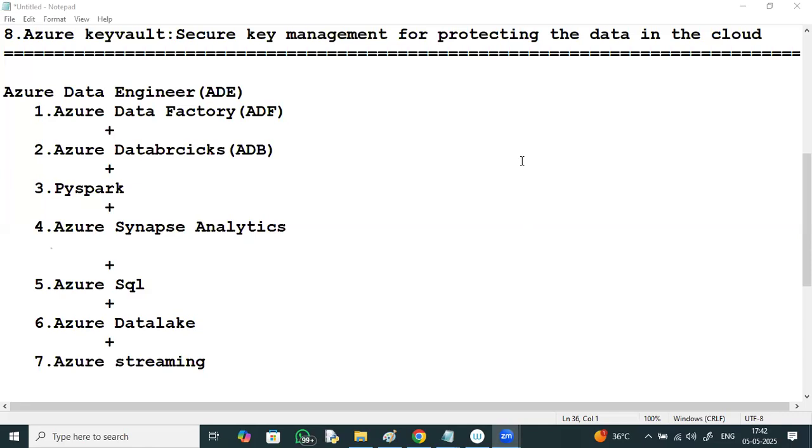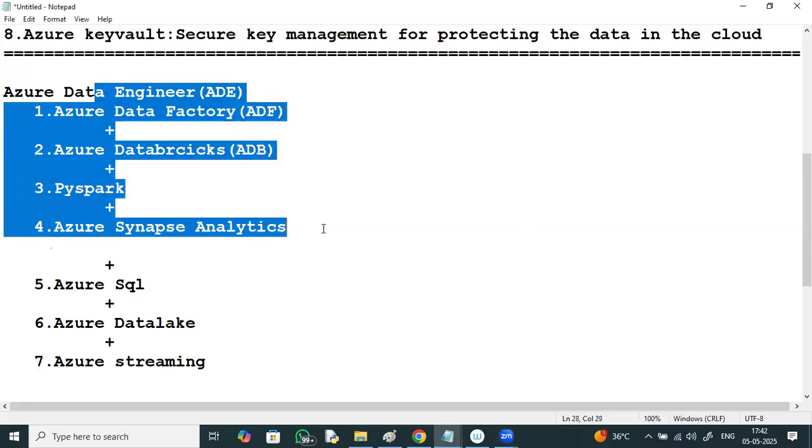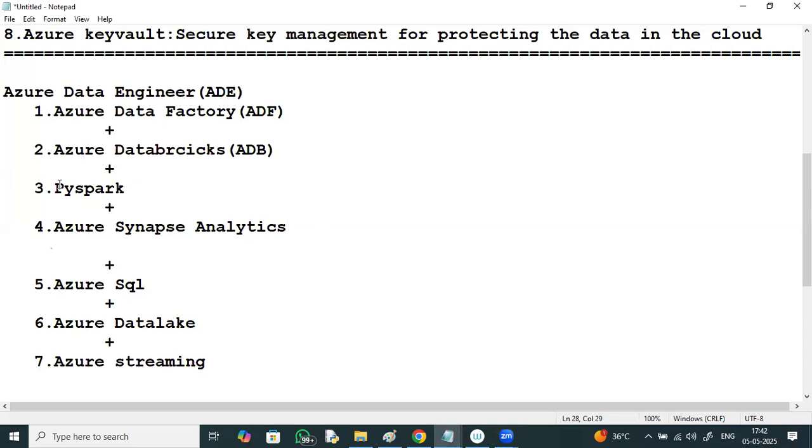So here, just to give an introduction to Azure data. The major discussion will be Data Factory, Databricks, PySpark, because as compared to other training sites, I'll be discussing PySpark in brief. Yes, just a second.